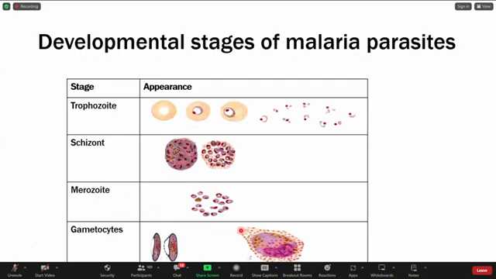It's not common because merozoites are from inside schizonts, but these merozoites look like this. Then lastly, the last developmental stage found in blood are the gametocytes. One species of malaria, Plasmodium falciparum, has banana-shaped